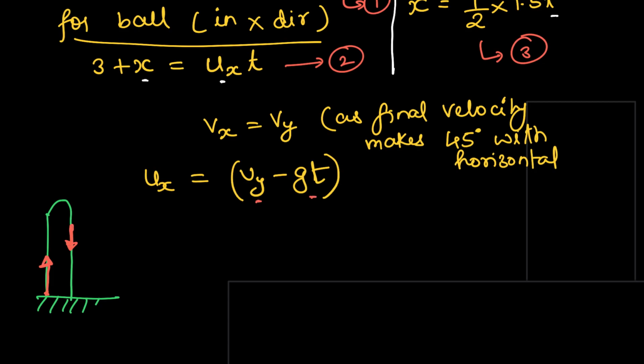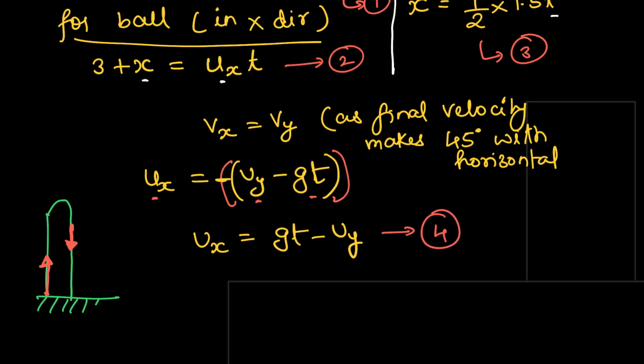So because it is coming down, this whole term that we have here is a negative quantity. In the LHS, we have a positive quantity. So what we will do is, to correct this, we'll just put a minus here. So we will have ux equals to gt minus uy. This is a very important step here. Okay, and this is the fourth equation.